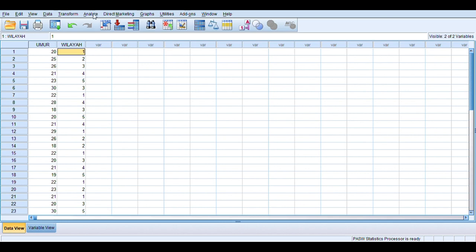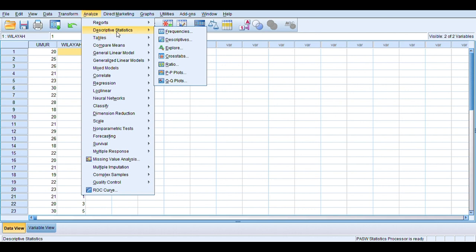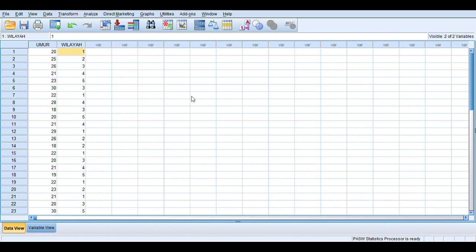Click analyze. Click descriptive statistics. Then click frequencies. Region. Click OK.